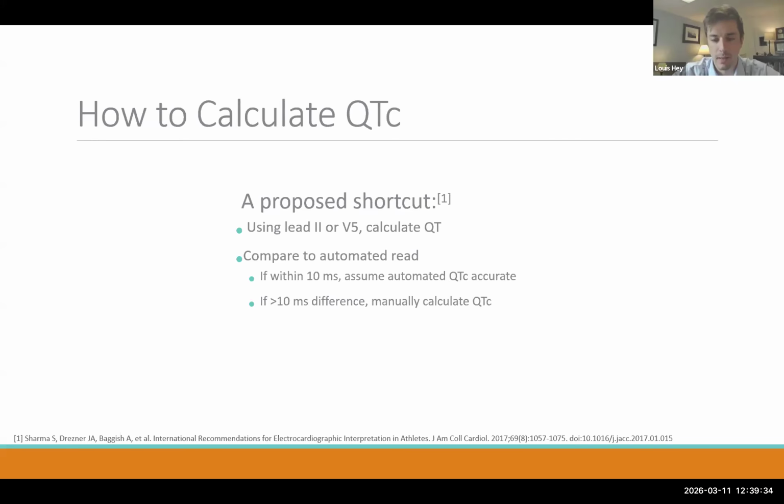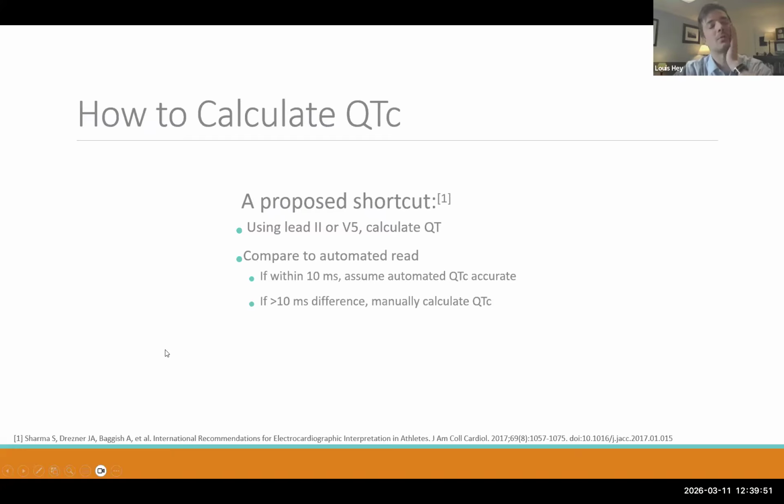the only other thing the computer then needs to do is figure out the RR, and if it can't figure out their heart rate, what good is it? And then it needs to just plug in whatever formula it uses. So you can reasonably trust that if it can do the QT, it can obviously do the rest.